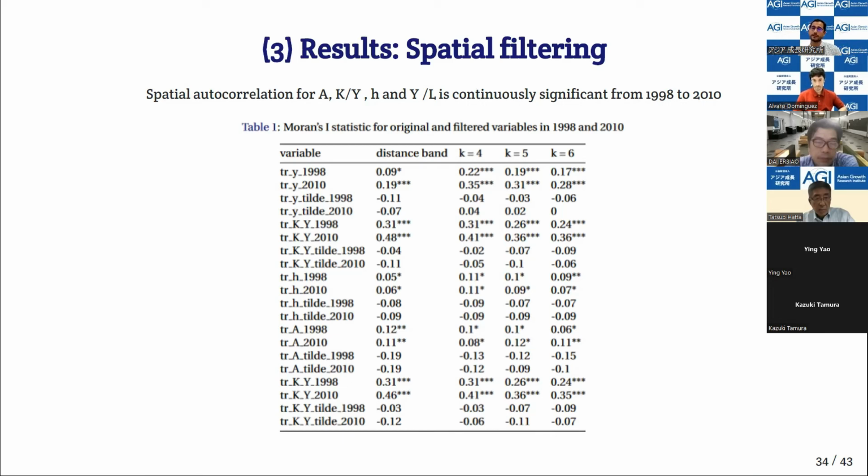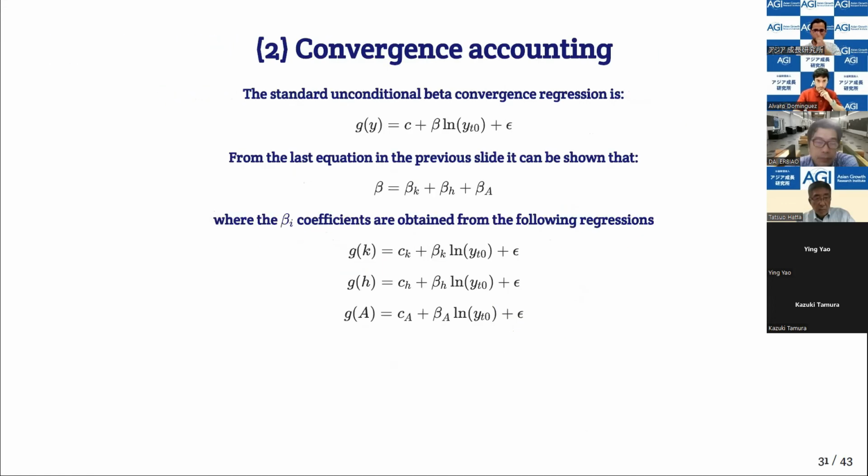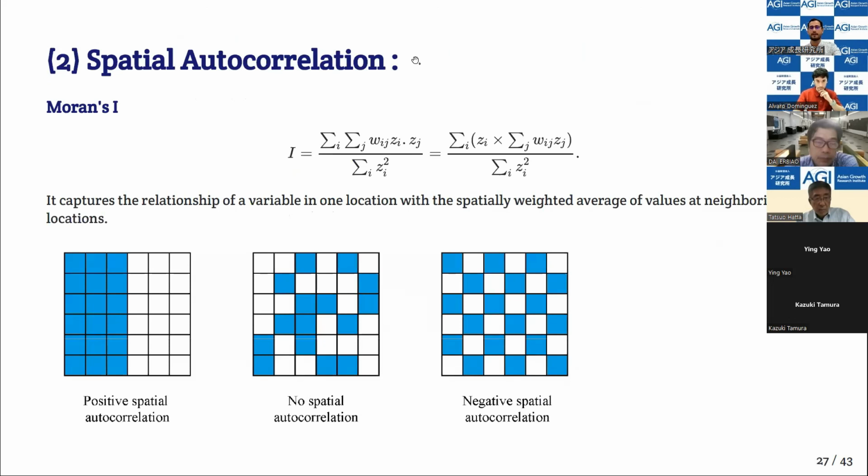We're choosing those years because those are the years for which systematically, from beginning to end, data is spatially autocorrelated, meaning spatial effects are quite strong, if you want to describe them like that, between 1998 and 2010 for all those variables. Once we filter them, there is no spatial autocorrelation. If you are a bit lost, I'll just go back to the figure. That means that we end up with this figure, like it's in the middle, spatial randomness in terms of all the variables of our growth equation.